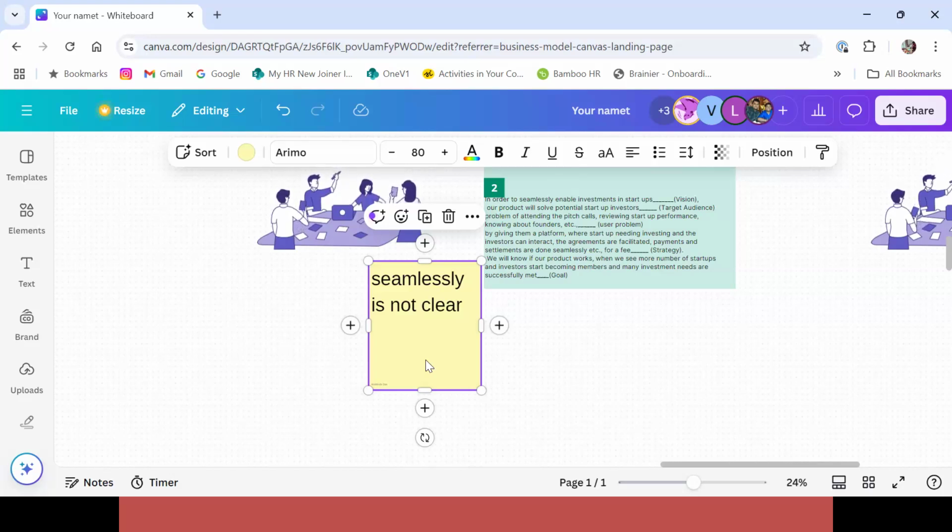Similarly, this has to be done even when you are investing in a new startup. You should be able to make a call. The platform will enable you to make a call if you are ready to invest in a specific startup. So things are available there. Information is available there.